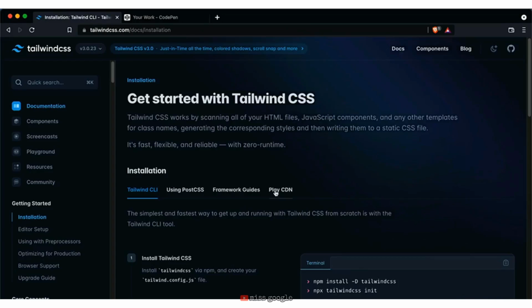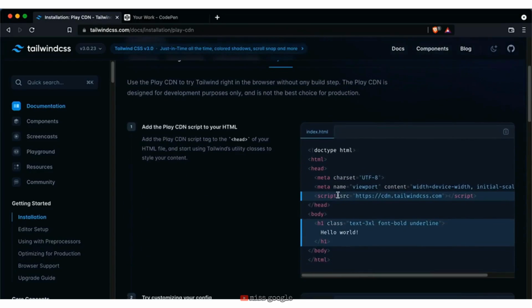You can see right here that there is a Play CDN link. All you have to do is add this link right here into your website, and then you can use any of the Tailwind CSS classes. Now, the interesting thing here is that you may expect this to be a CSS file. Normally this would be a link with a relation of stylesheet. Instead, though, it is just a URL, which means that this is actually a script and not a CSS